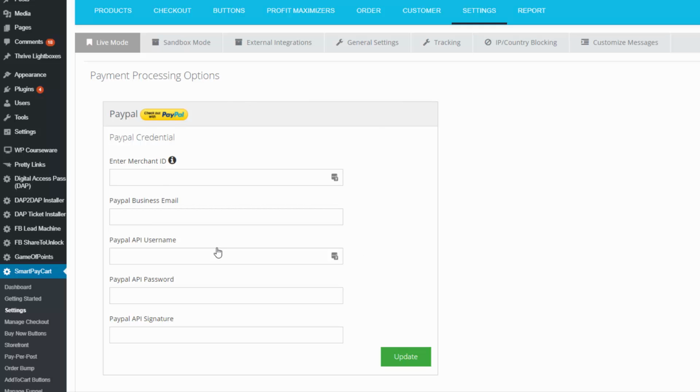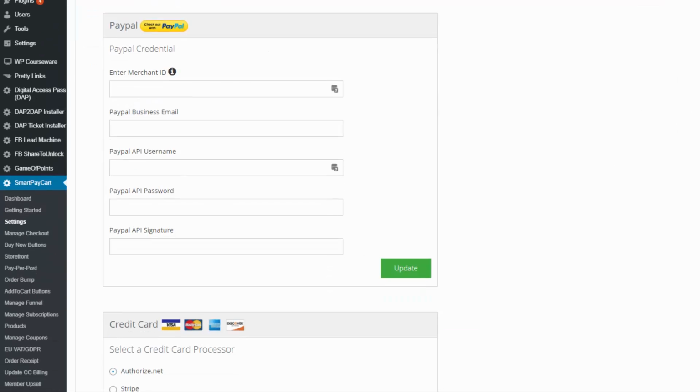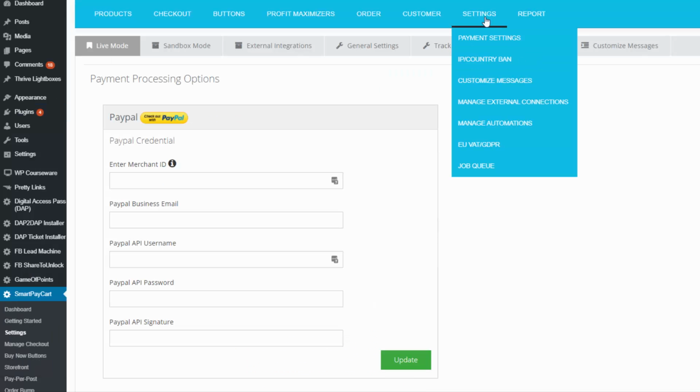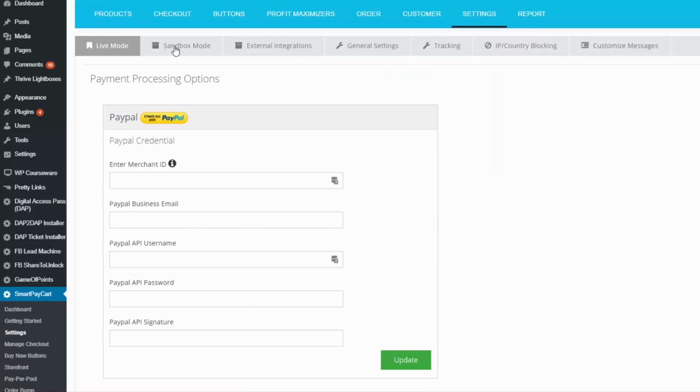If you want to use PayPal, enter PayPal credentials here. And if you also want to use Stripe or Authorize.net for credit card payments on your site, then you can enter that here as well. So after you set up your payment processor credentials, next step is to go to the checkout page and set